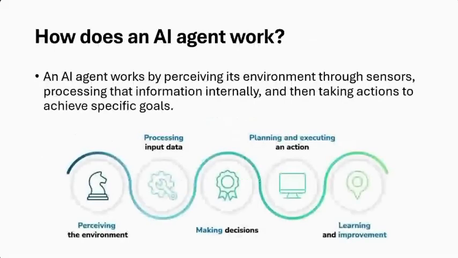Okay? So how does this agent work? By perceiving its environment through sensors, processing that information internally, and then taking those actions to achieve specific goals. So starting from perceiving the environment, the perception of that agent receives input from its environment, correct? Through sensors. And these sensors can vary widely depending on the application, such as cameras for visual data, microphones for audio,